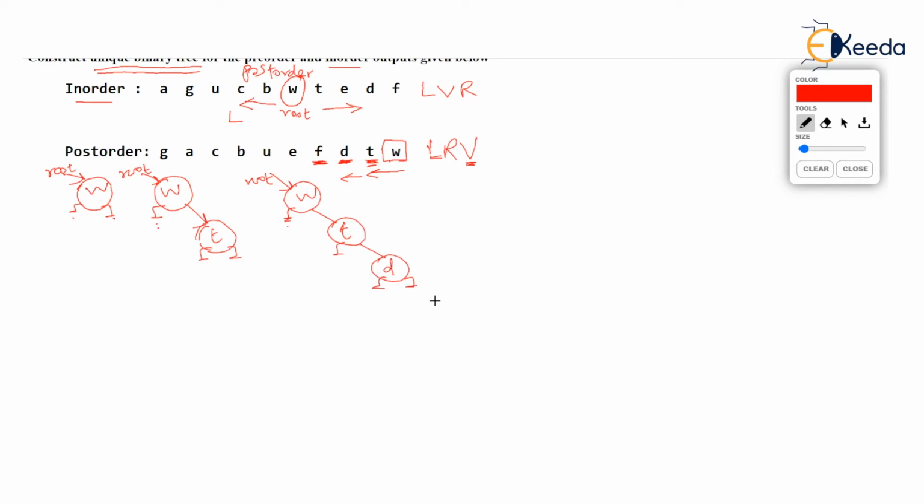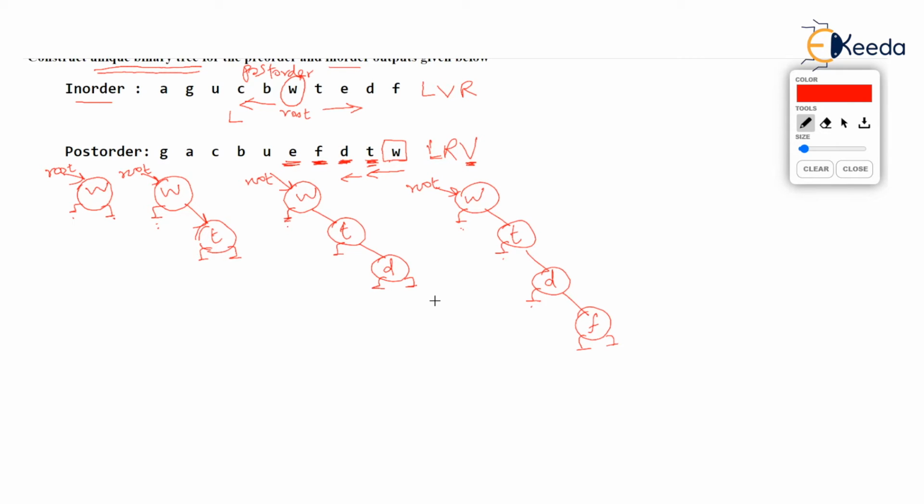So we come to a conclusion that new value F will go to the right of D. So the tree that we have now has the new value F on the right of D. All other pointers are null. And root still points to W.